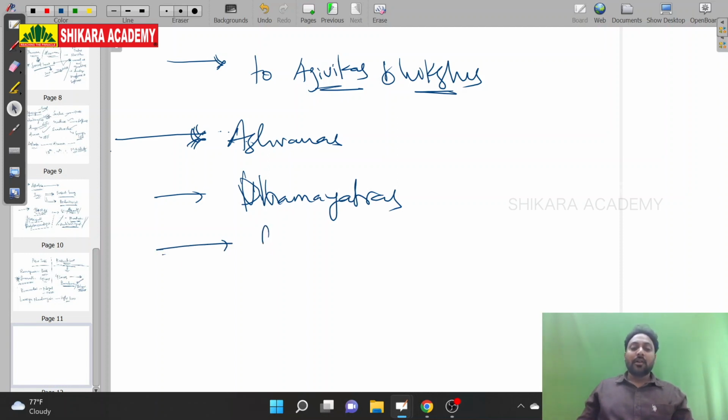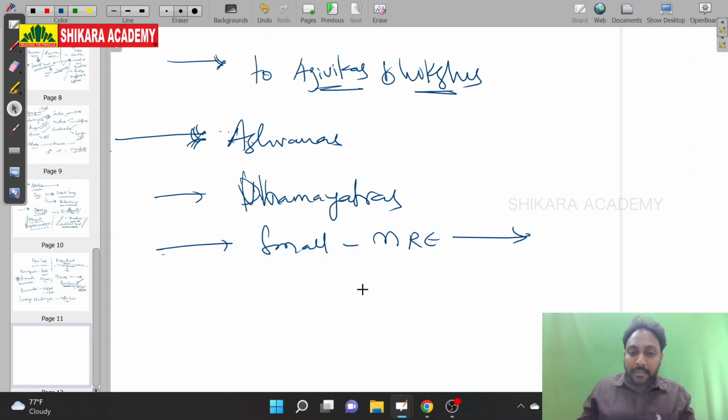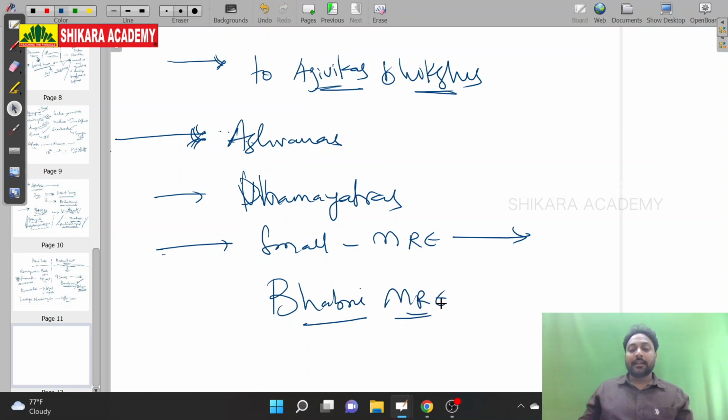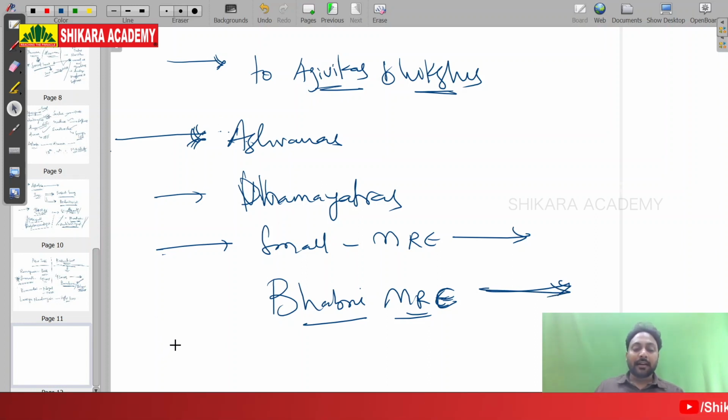Ashoka issued small minor rock inscriptions, minor rock edicts. We say inscriptions are called edicts. Ashoka's minor rock edicts at Babru. This Babru minor rock edict is in West